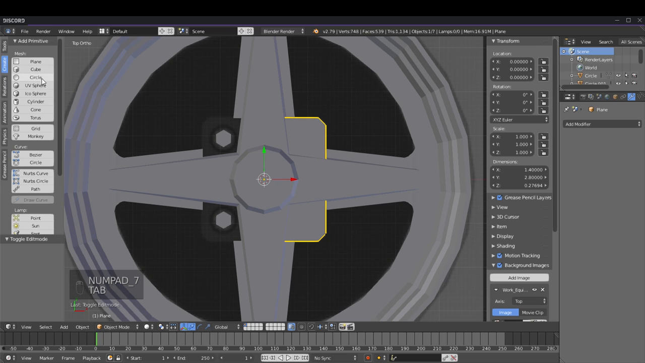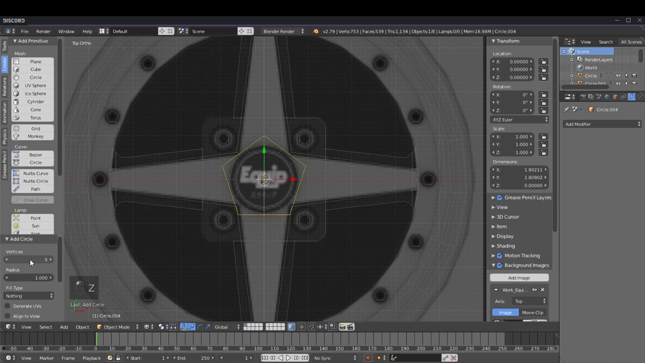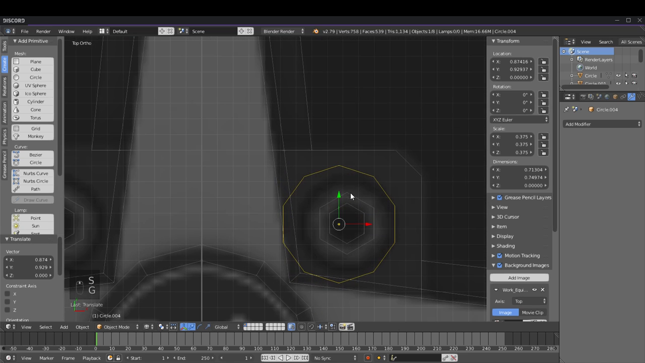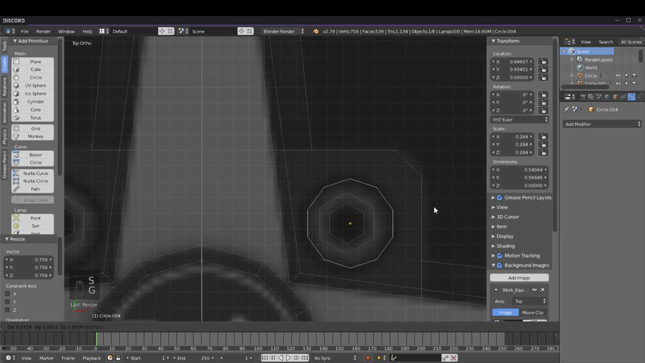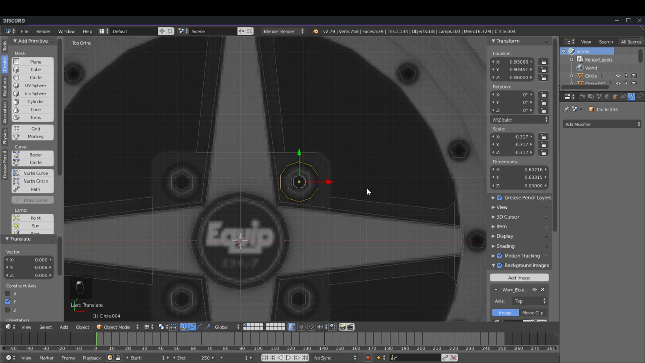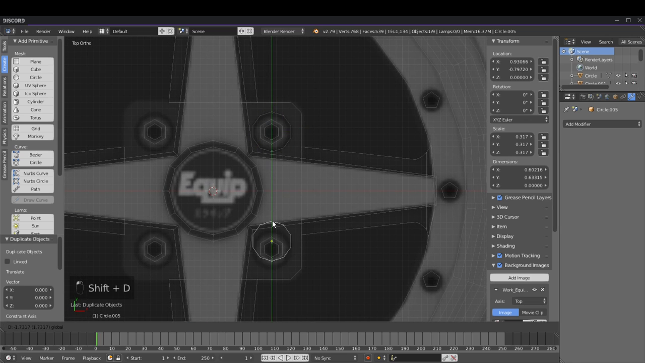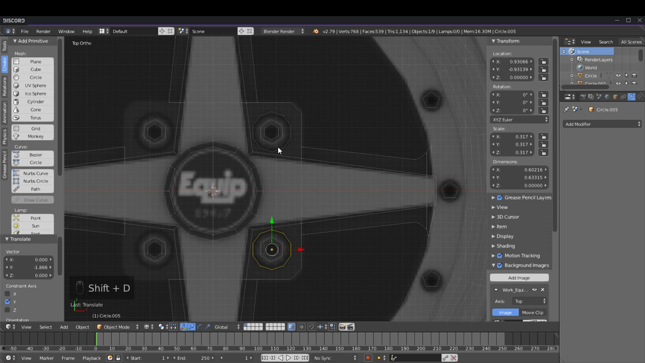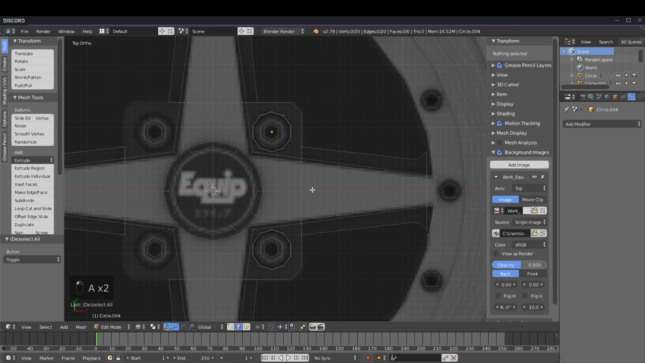Now we're gonna go again and make another circle. Once again, we're gonna do 10. Scale it, move it, and move it as best as you can. It doesn't really matter at the same time. So now we're gonna duplicate it. I didn't mean to duplicate that in object mode though. Alright, so now that we have these,